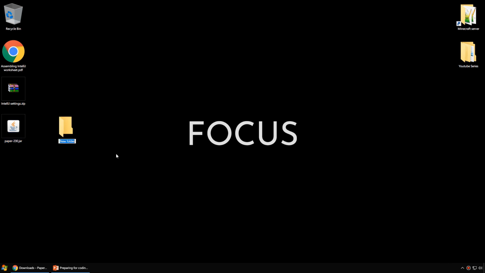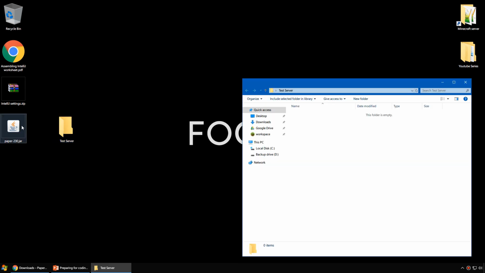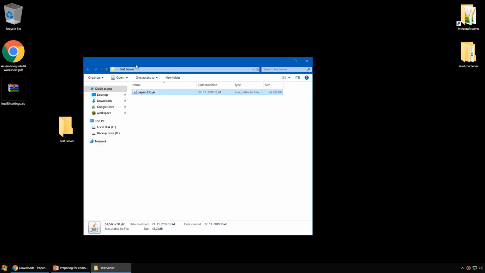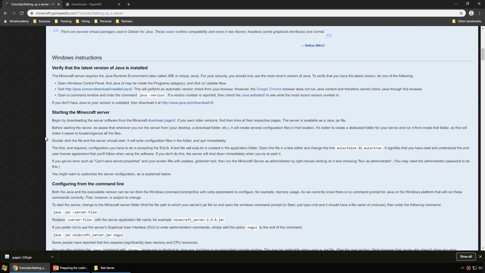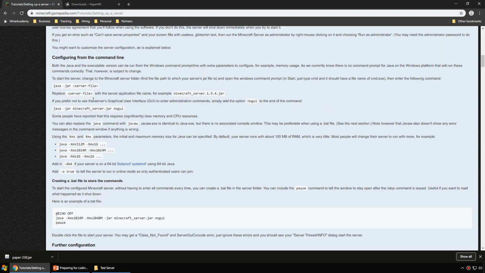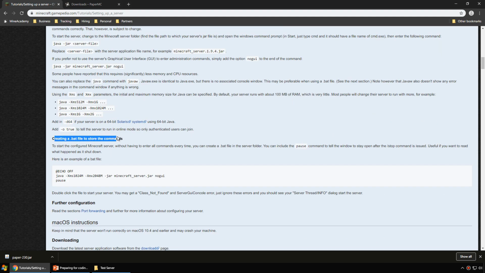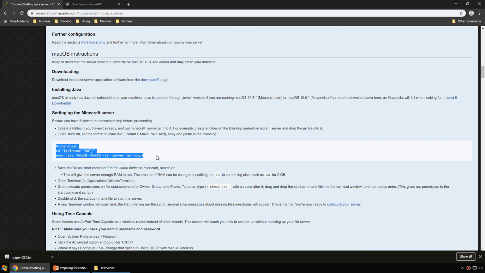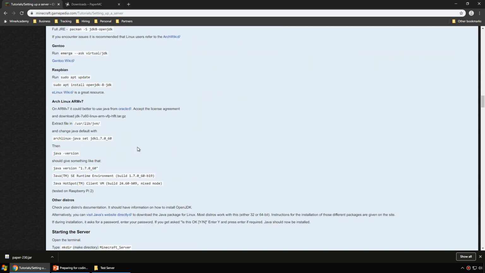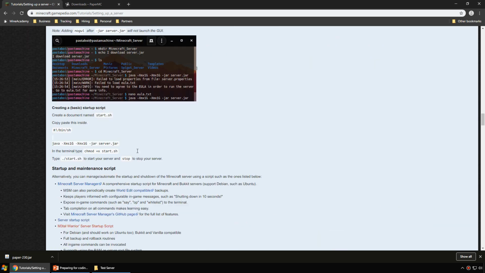What I recommend you do is create a new folder, let's say test server, and place it directly in that server. You can just get rid of the number here, and then go back into this link and go to your specific instructions. For me, it's Windows, and you're going to find the bat file here. Select this and copy it. For macOS, it's this, and for Linux, it should be